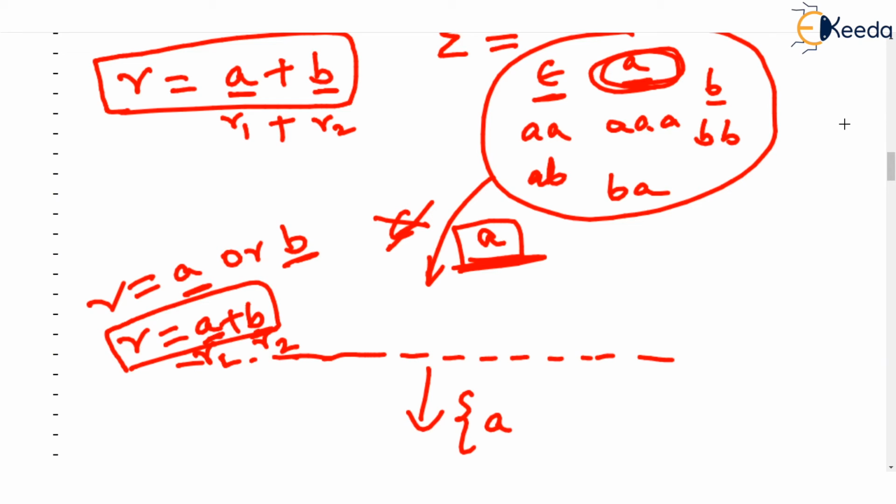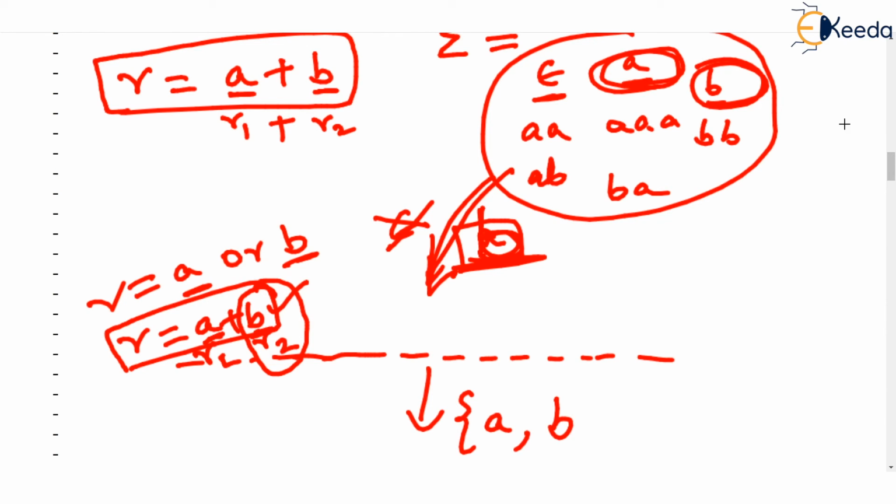Interesting part now. I am overwriting a few things. Suppose we give B, this string B here. Will B pass the test? Okay, you might have understood by now. Yes, B will pass the test because B says, okay, I am not same as R1 because R1 is A, but I am same as R2. R2 is B. So I have passed the test of R2. So any string which passes the test given by R1 or by R2, the condition given by R1 or R2 will go in the output.